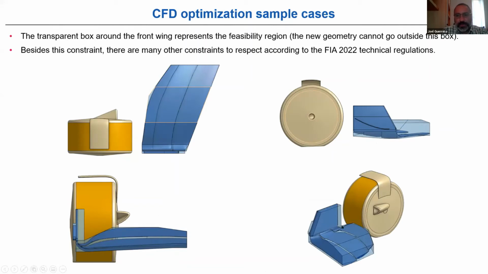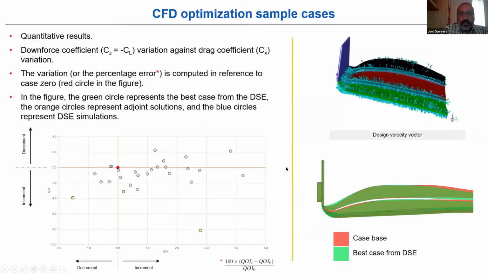So you will see, okay, let me increase the angle. But when you start to put those constraints, it's not much you can do. Every 1-2% you gain is worth a while. So basically, we run this case using the adjoint and see that the adjoint will give you what is now called the design velocity vector. So basically, it's telling you where you need to push out your geometry to maximize the downforce in this